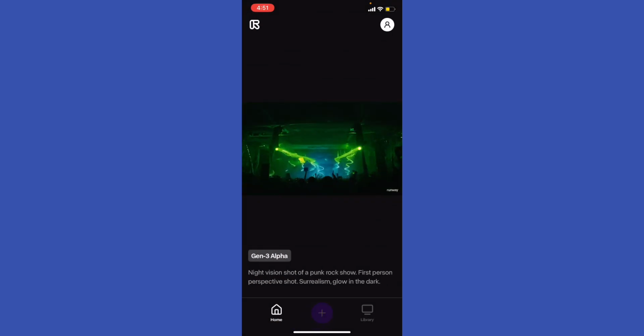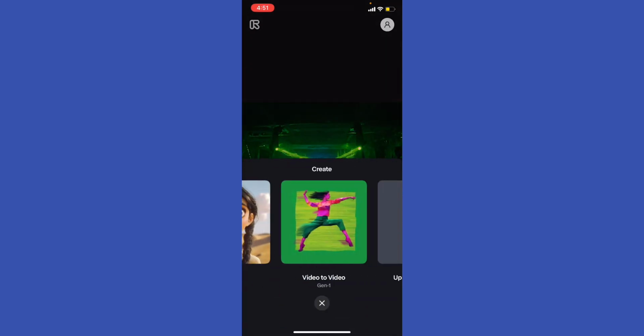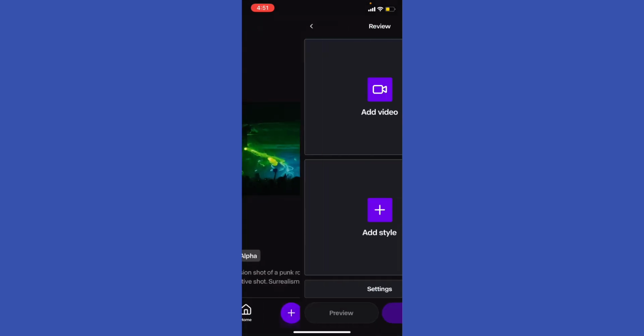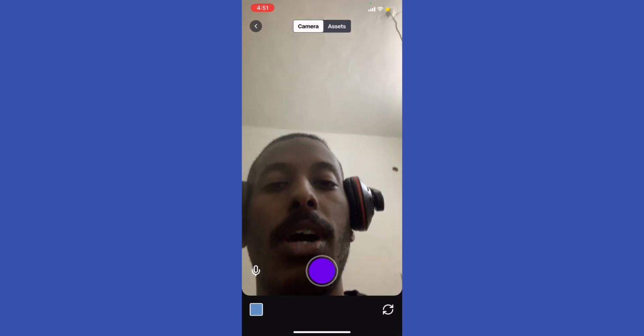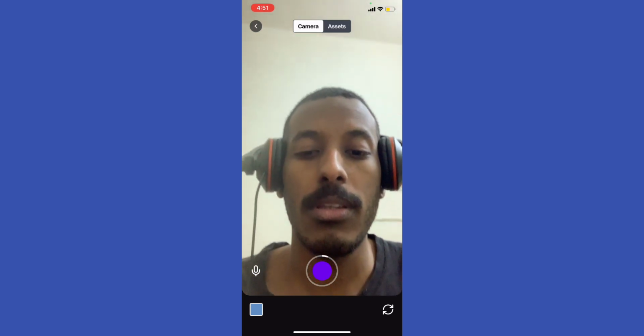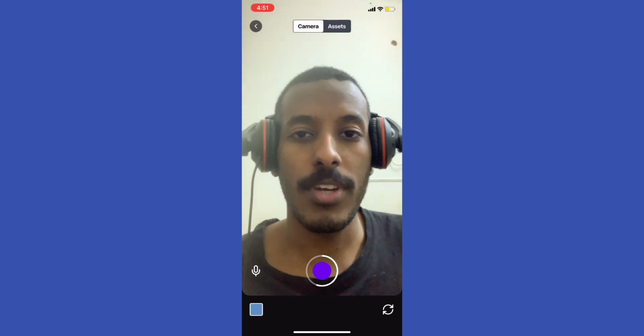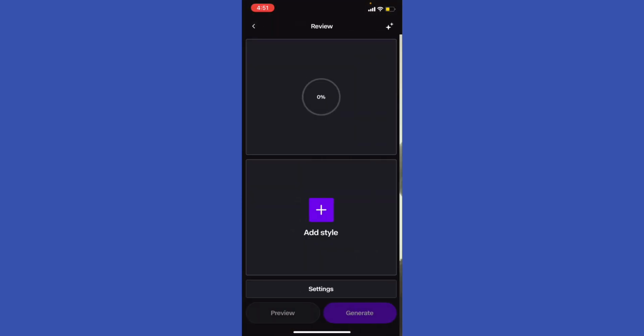And another option, you can just go out and click the plus button and use video to video. I'm gonna use video to video. I'm gonna add my own video, right? I'm gonna take like this kind of video right now, right? I'm gonna move my head this kind of, then hit confirm right here, and then you're gonna wait for a few moments until the video is on, until the video